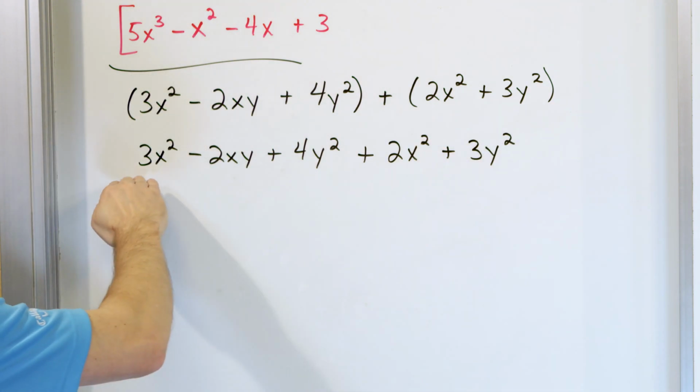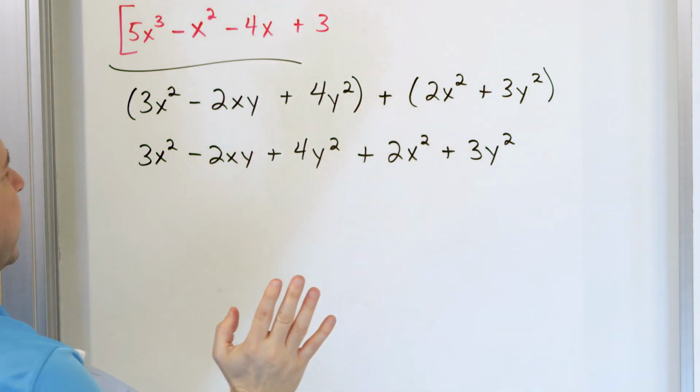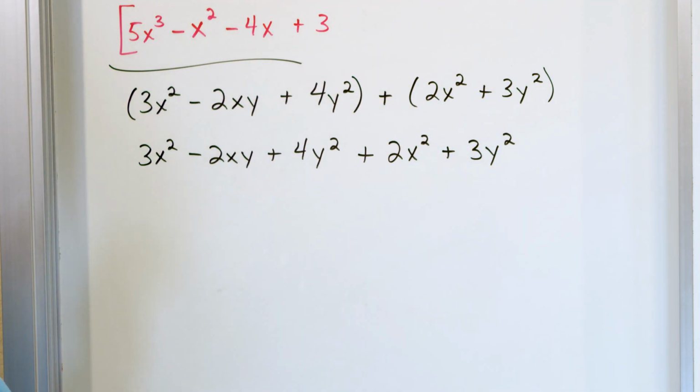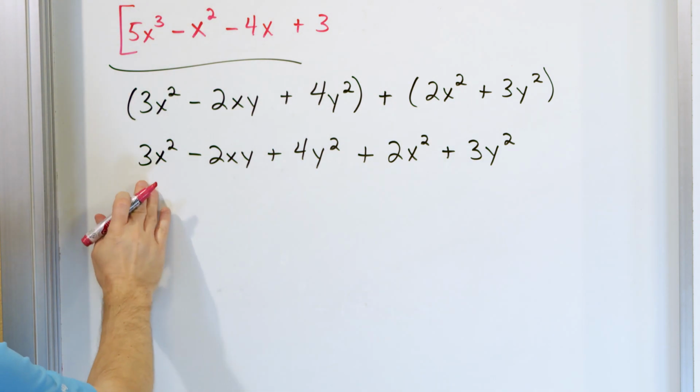The reason I like to rewrite it again is so that I can make sure and catch myself if I need to distribute a negative in, and also because I don't like to mark up the original problem. I want to have that clean on my paper without any issues. So now what I will do is look for the highest power